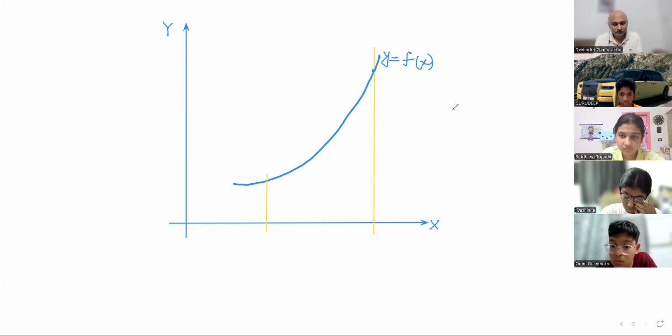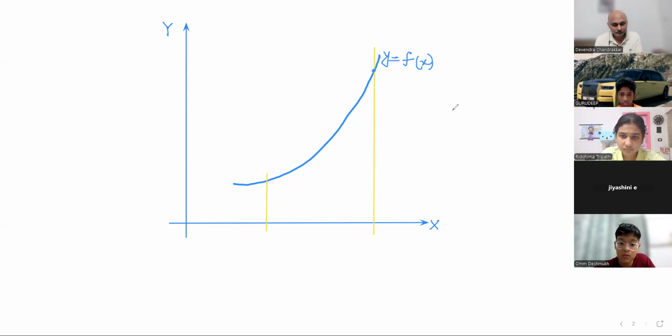ओम देशमुख। So I was thinking, sir, for those 2 points, I will first draw a line from the first point to the second point, and then I will find the area inside that by using area of the trapezium, and then I'll make both lines the same height, and then calculate the area of rectangle, and then subtract from the area of the trapezium. वेरी गुड, वेरी गुड।